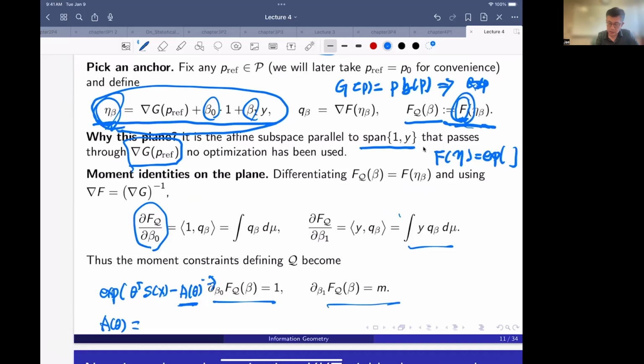Because the differentiation of this is log p, and so this is the inverse. The inverse of log is exponential, right? So basically this A is the exponential of